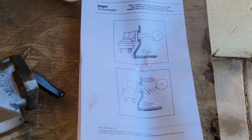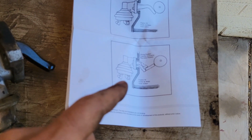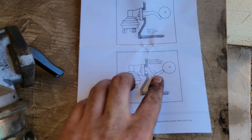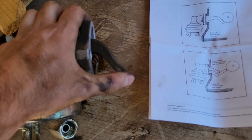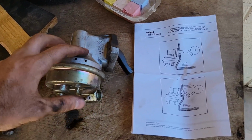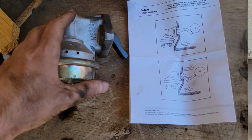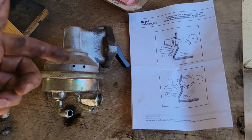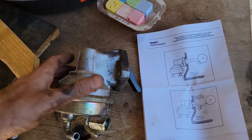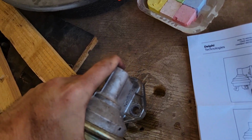Alright, so referencing this diagram, it actually puts a couple things into perspective of just how they work. So this is a mechanical fuel pump, and effectively as this lobe comes around, it's going to push this rod, and that is going to depress this lever, and that is what is creating, with that diaphragm, the action to pull fluid into it and then push it up into where it needs to go for your carburetor. So the issue is if the diaphragm is perforated, it can no longer create that sucking action, and then it's effectively useless. So the way that you could test that is by essentially just pushing this down,